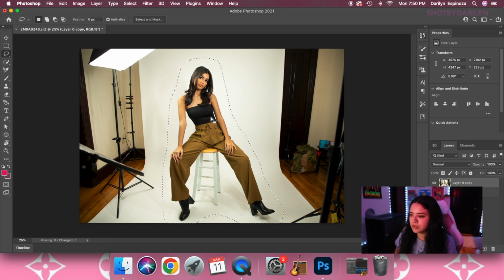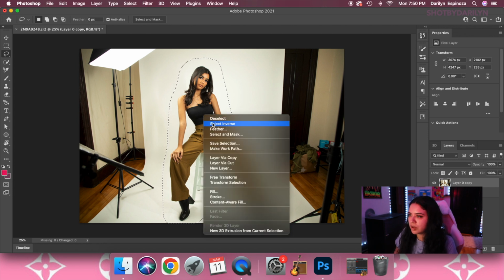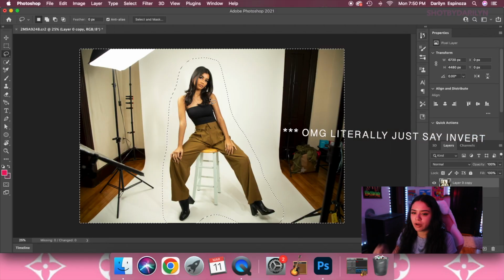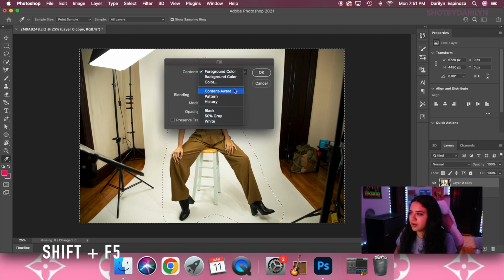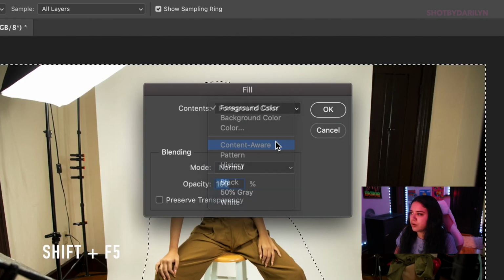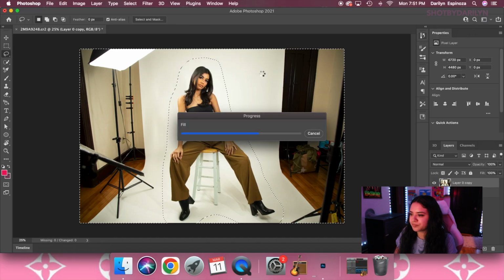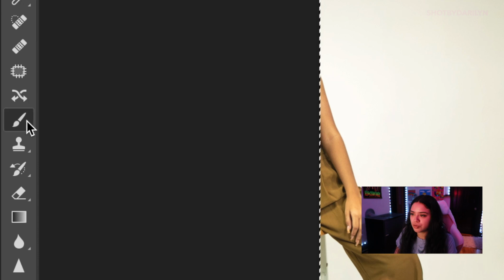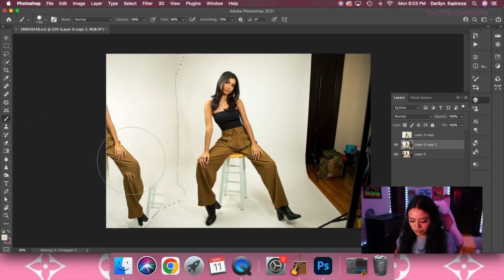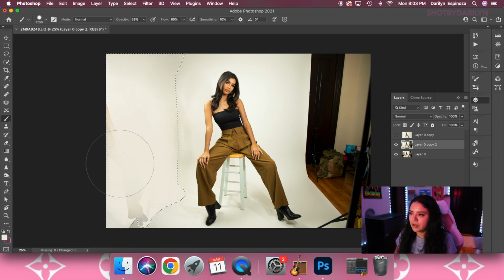What you want to do is select your image so that all of the objects you want to remove are inside of your selection. Then you want to hit Shift and F5 on a Mac. Make sure it's on content aware and hit OK. The way that I like to fix this up is taking my brush tool, holding Option, clicking on the white backdrop, and then painting